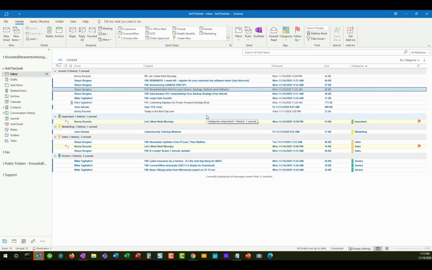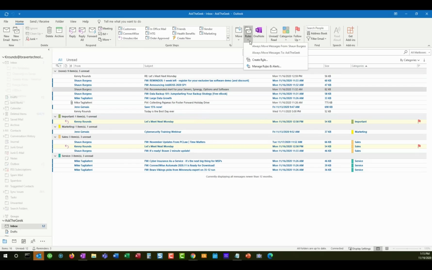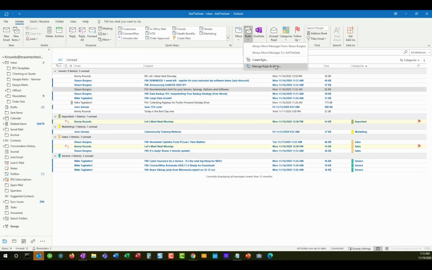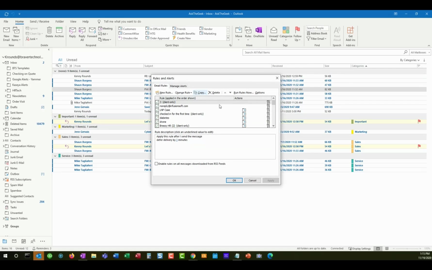All right, and I'll wait for one more question. While I'm waiting, I'll show you guys one more rule that I use a lot. So one of the rules that I use all the time, although you guys shouldn't use it for us, is this rule right here. So those of you that are familiar with rules,